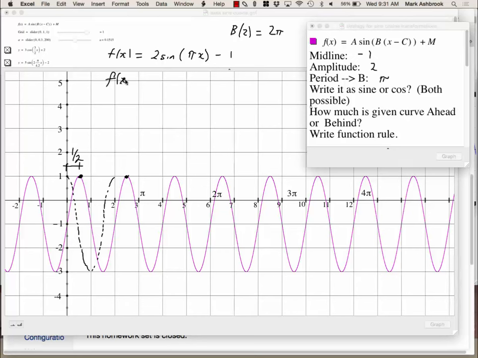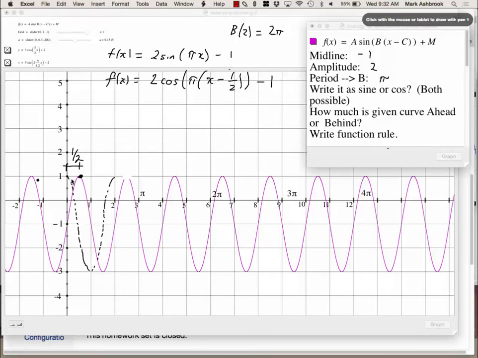So we can write it as 2 cosine pi x minus 1/2. It's coming later by 1/2. Did anyone see a different cycle of cosine? So you can do this. There's another way to do this. Instead of looking from here to here,